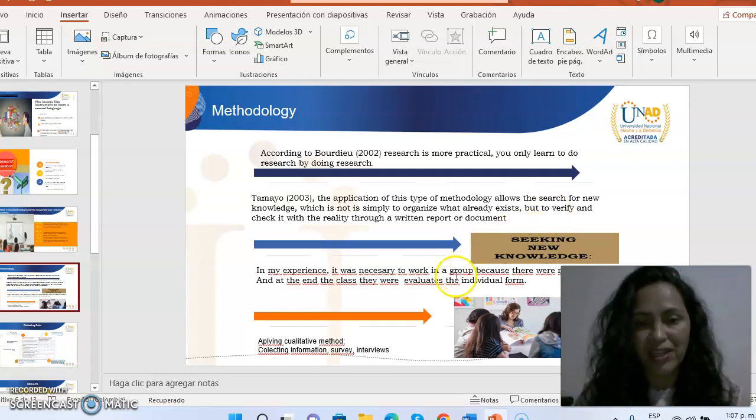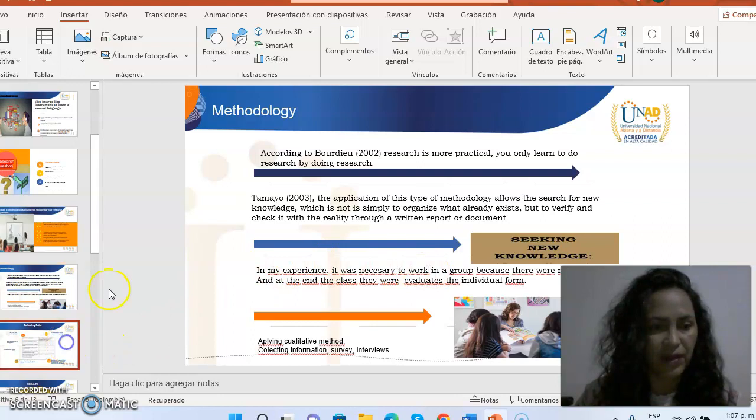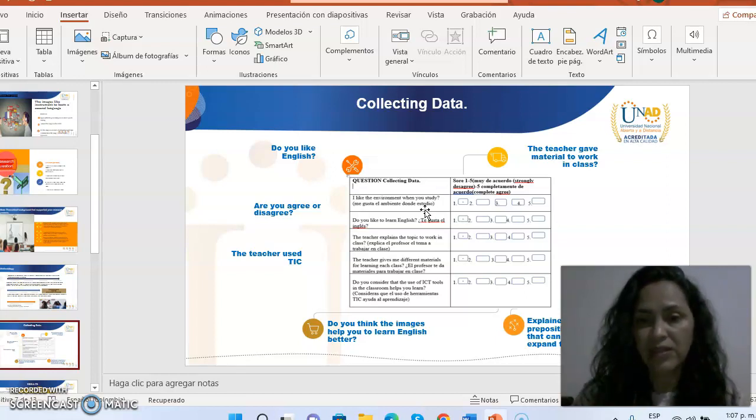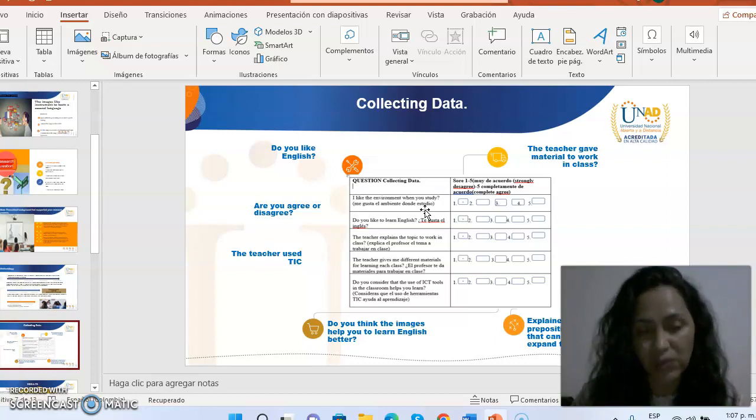Another methodology I applied was qualitative methods, like I said before: collecting information, doing surveys, or doing interviews. With this information, like collecting data, the question was similar to, do you like English and why? The teacher gave material to work in class. Do you agree or disagree with this material or with this explanation? The teacher used this because normally in this college, or in this school,